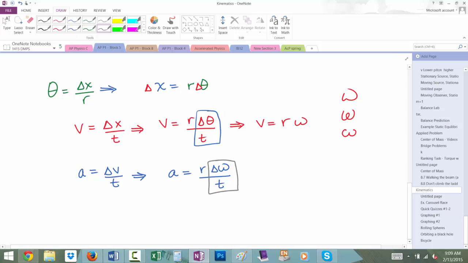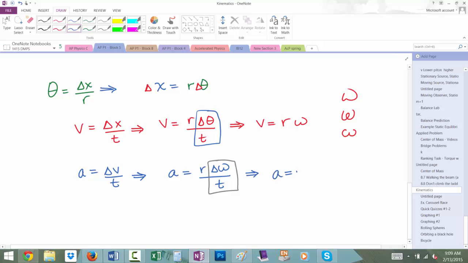And then Amanda says, but wait, everybody, look at this. This is delta omega over time. Delta omega over time, I know that. And Lindy's like, me too, and Brian's like, me too. What is that? Alpha. Oh. So that's pretty cute because then we've got